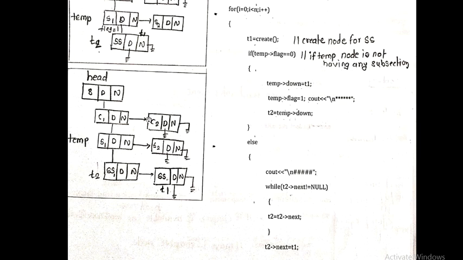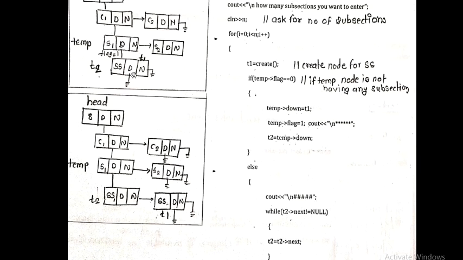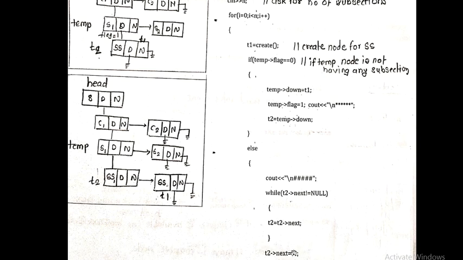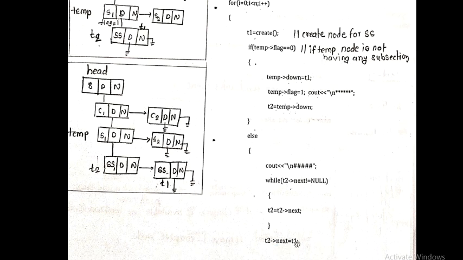And once we get such a thing, for example, consider this scenario. The subsection is already available. So the next pointer, now I am getting it as a null pointer. So I will assign the T1 node after this, to T2 of next. So this T2 of next will contain the T1 node. Once I am getting a null pointer for this T2 node, I will assign my newly created node, that is T1, to the T2 of next. So this is the T2 of next, and here I am putting my T1 node, right?